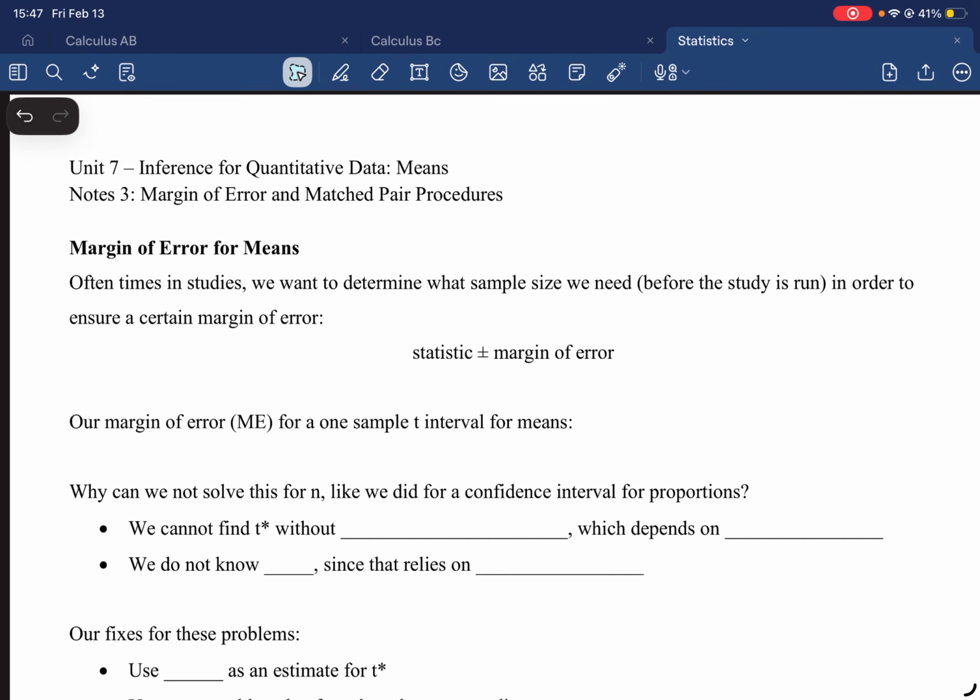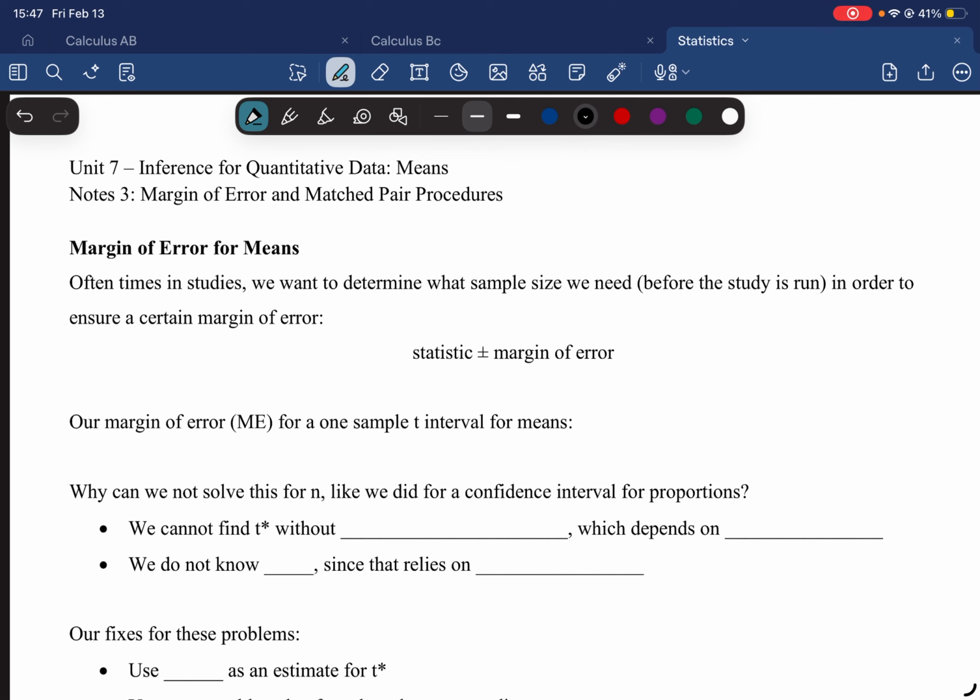Okay, notes 3, margin of error and matched pair procedures. So margin of error for means. Oftentimes in studies, we want to determine what sample size we need in order to ensure a certain margin of error. Remember, we use this formula, statistic plus or minus the margin of error. Our margin of error for a one sample t interval for means